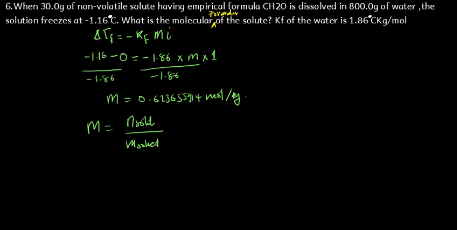The molarity we found, 0.623655914, is going to be equal to the number of moles of solute divided by the mass of solvent. We don't know the number of moles of solute which we dissolved, but the mass of solvent we've been given: 30 grams of this compound dissolves in 800 grams of water. So we divide by